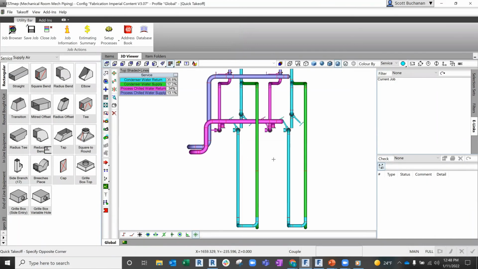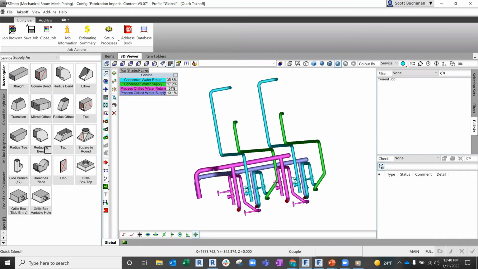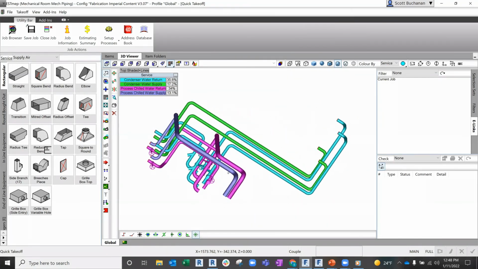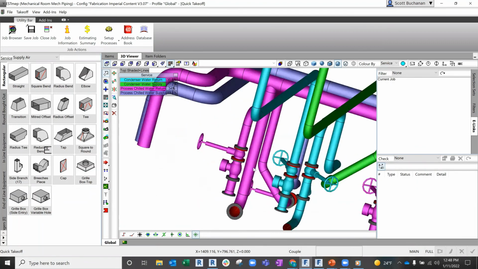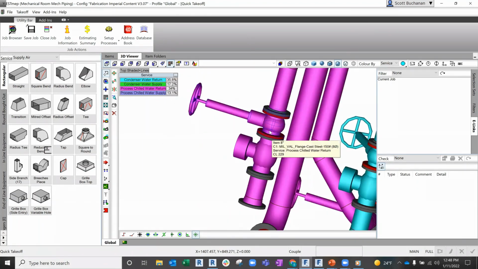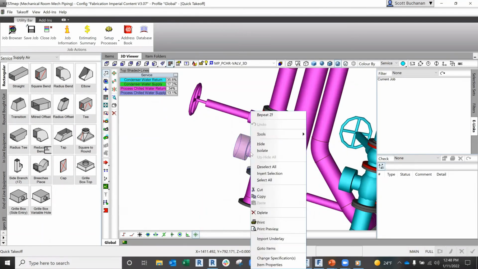Zoom to fit. Right, so there's all the piping that was in there. Right, there's the check valve and the gate valve that I put in there. But if I were to click on this valve, for example, and look at its properties,